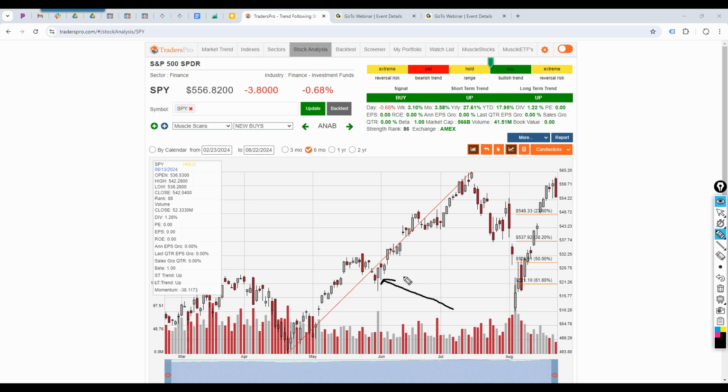The ABC pattern is another name for, in Elliott wave or in any retracement type pattern, a three-part counter trend. So if I have a trending move that's moving this direction, and let's say it's just this pattern right here, and then I get a retracement, and it looks like this, that's referred to as an ABC pattern, A, B, C. It's just a three-part counter trend. You get the first sell-off, the second one, and the third one. And that gives us a secondary retest.